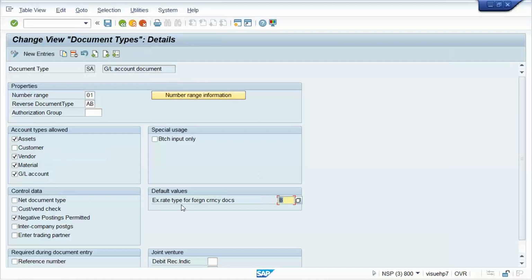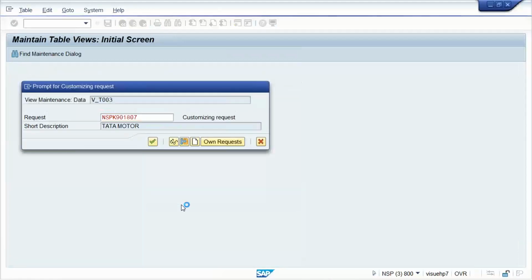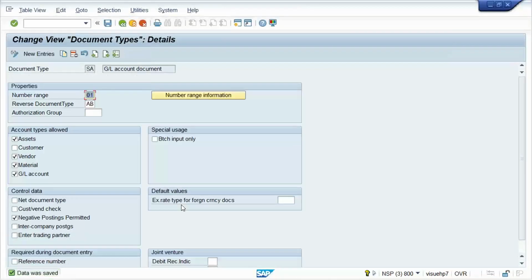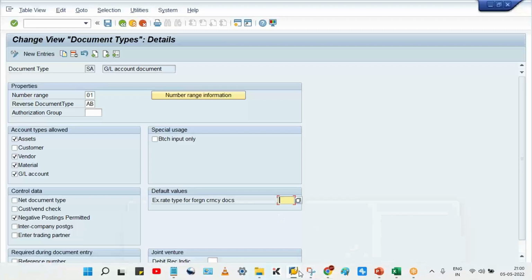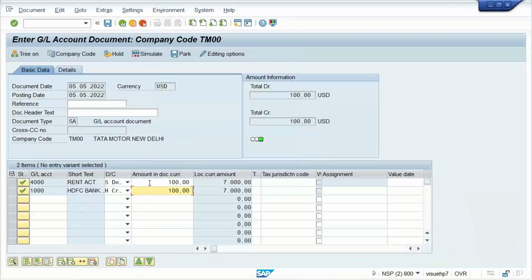Look at here, the exchange rate type. Somebody has given B. See, there is a control. See, that's what I'm saying, guys. Document type. Till now, what we know, it controls what? I have already explained. It controls the number ranges, right? It controls certain fields also, and that too header text and reference field, right? And multiple other explanations also I have given. Now another thing is, even exchange rate type is also going to be controlled by document type. How, again, I'll explain, guys. Don't worry right now. We just have to perform our testing. Okay. So now